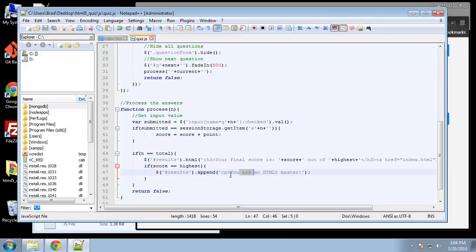Now what we could do, keeping it dynamic and not using fixed numbers, and I didn't plan this, I'm just doing this off the top of my head, we could do something like else if score is equal to score